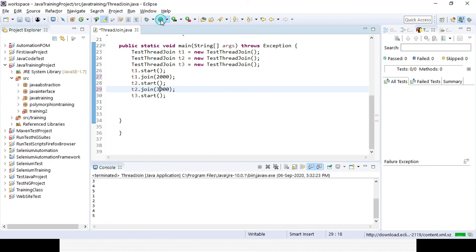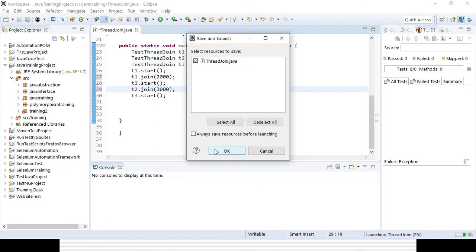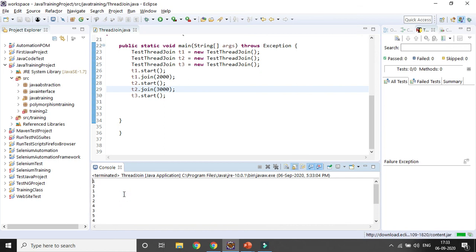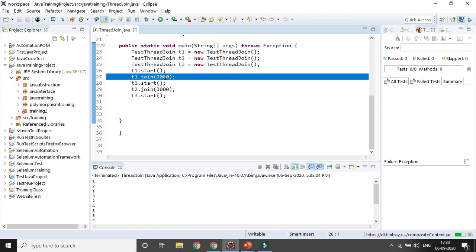So let's run the code. Let's see. So first T1 will complete in the 2 seconds, 1 and 2, then 1 and 3, 2 4, 3 5, and then 4 1, all this. So I'm just elaborating it here. So first for the T1 join method, 2 seconds wait time was given, right?